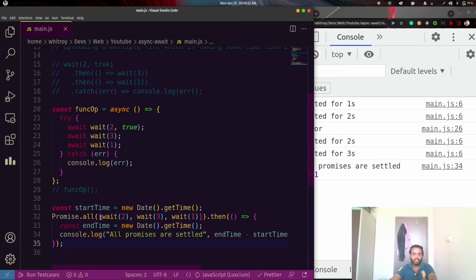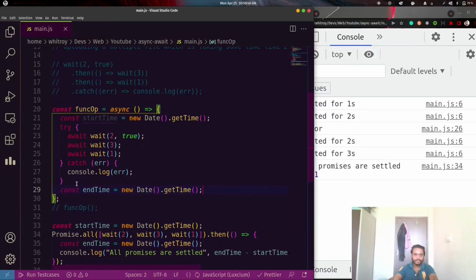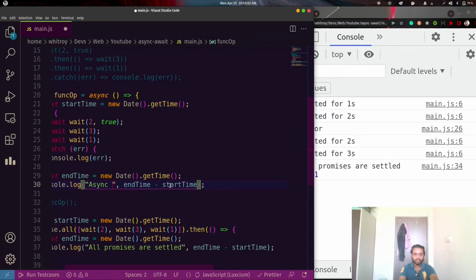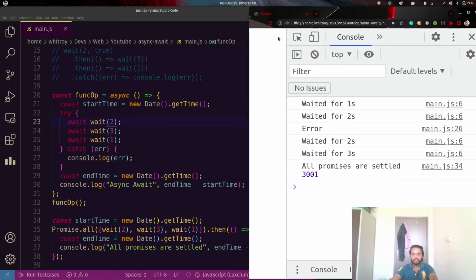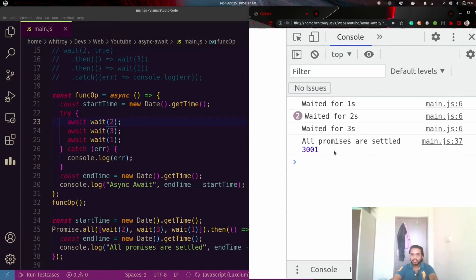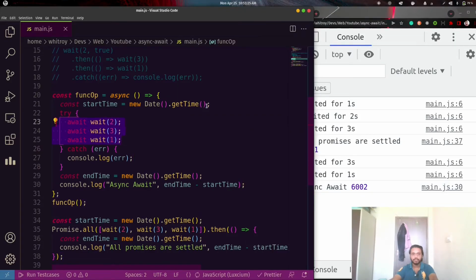And if we do the same thing with await, let's just call it. You can check this promise settled at 3 seconds, while this takes 6 seconds, 2, 3, 1, a total of 6 seconds to complete this function.